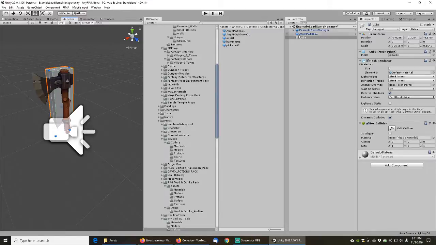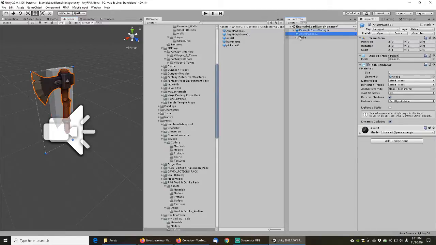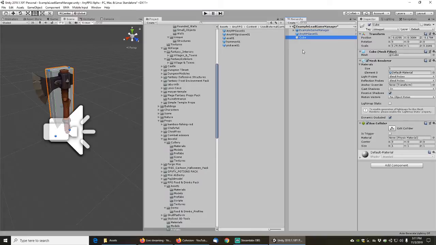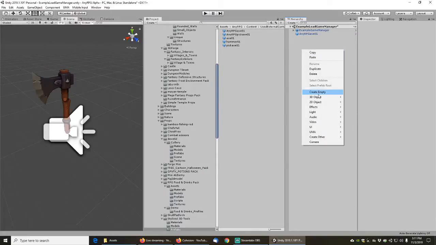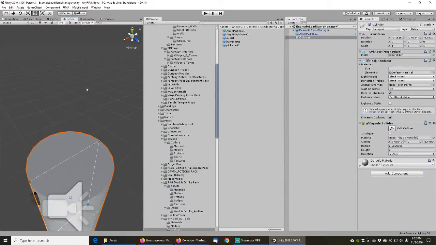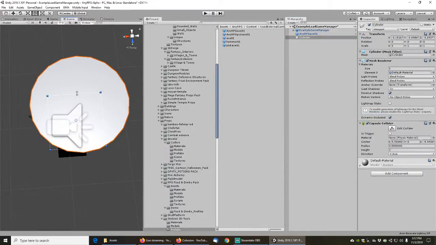You know what? I actually want a cylinder for the handle. Why not? We don't need a cube. We can do better than that. So, 3D object, cylinder. Yeah, that's way better. Okay. So